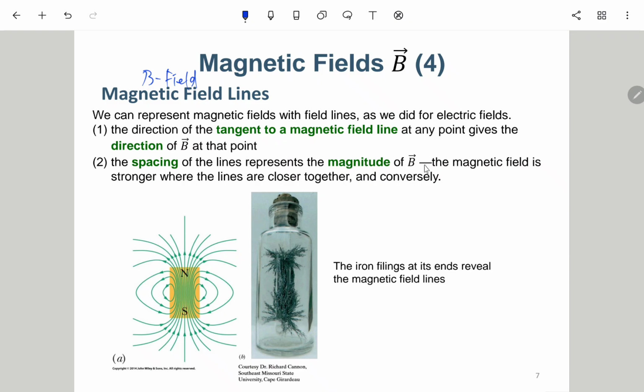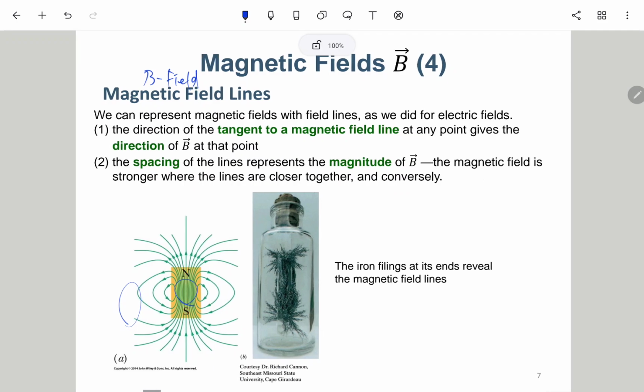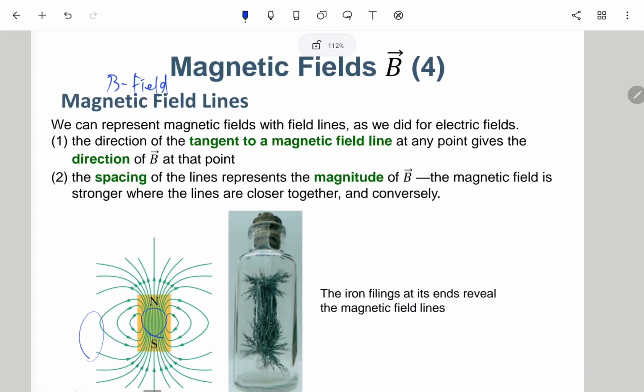And then also the spacing of the lines represents the magnitude of B. The B field is stronger where the lines are closer together, and conversely. 就是越密的话就是 B field 越强。就像这个的话，这个部分就是很强，外面的话就会很弱。